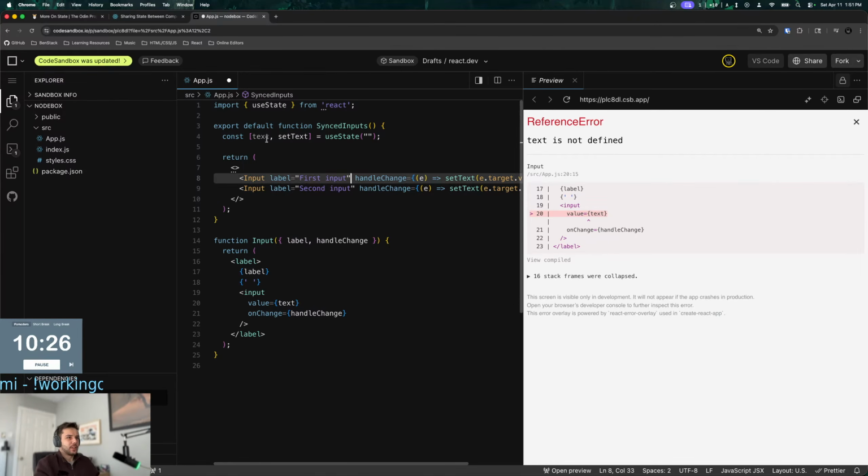Now I need to pass this guy into the as a prop as well. So I don't know what to call it. I don't want to call it text. I'll call it input text or something. Input text.